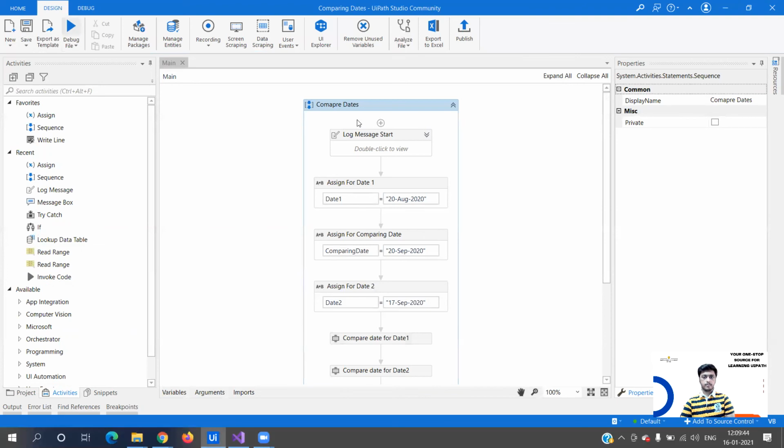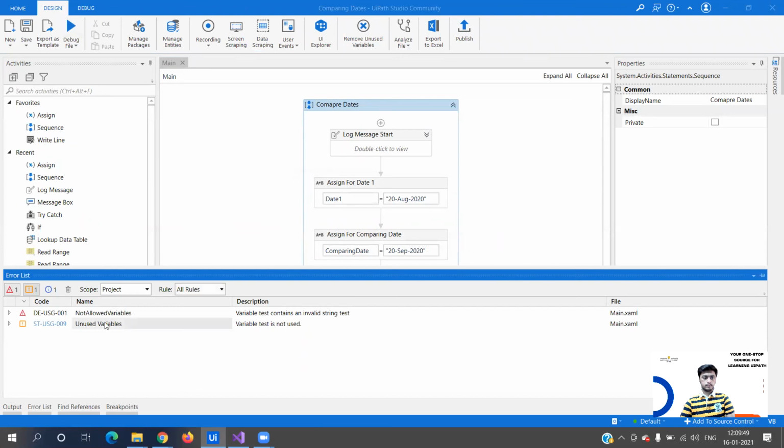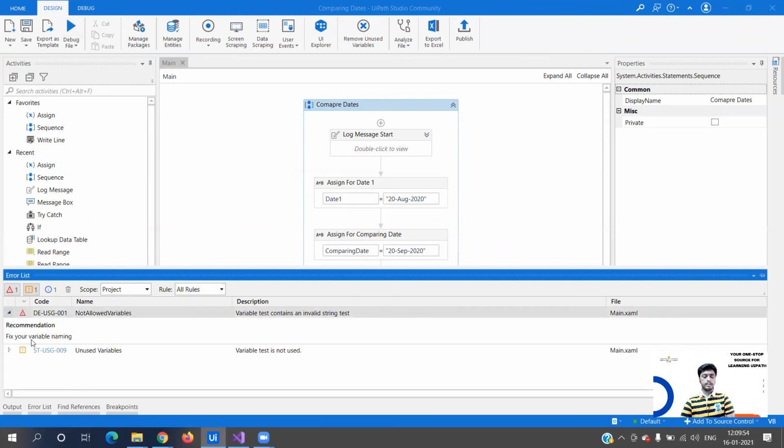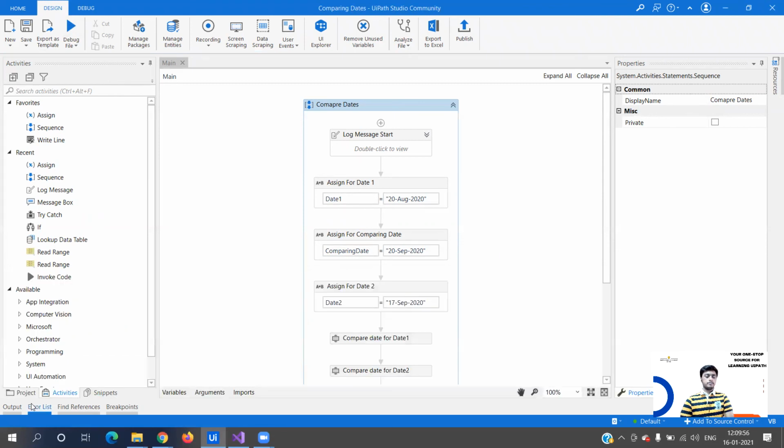Not allowed variables. And the recommendation that we said, fix your variable naming, is available over here. So this is how you can build your complete workflow analyzer rules, and you can implement that in your project to follow the best automation practices.